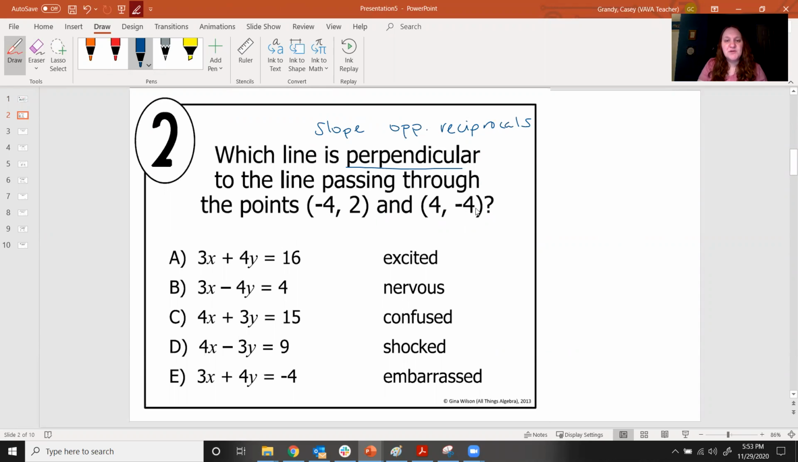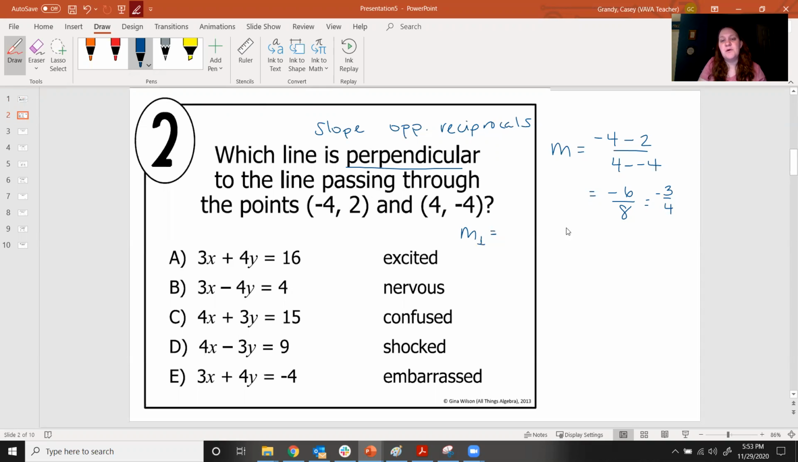So let's find the slope that goes between these 2 points. Again, I'm going to use the equation since I don't have a piece of graph paper right here in front of me. Remember, it's y2 minus y1 over x2 minus x1. -4 minus 2 is -6. 4 plus 4 is 8. This fraction can be reduced: -3/4. So the slope of this line is -3/4, which means the slope of the perpendicular line has to be